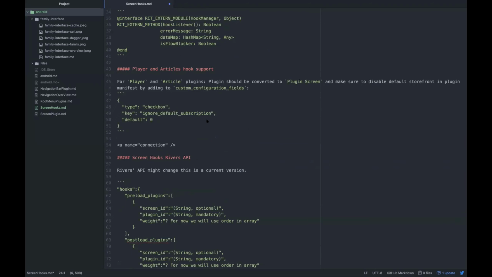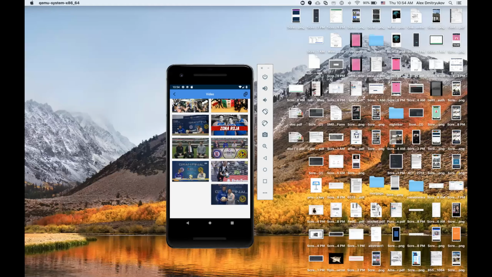We'll need to convert this article or video player into pluggable screens, and that is because we programmatically generate the next screen on the click for the video player or article, and this screen is not going to have a screen ID. And for us to set up the hooks, we do need to have a screen ID. So as soon as you set up the plugin screen and implement the plugin screen interface, then you shouldn't have this problem.